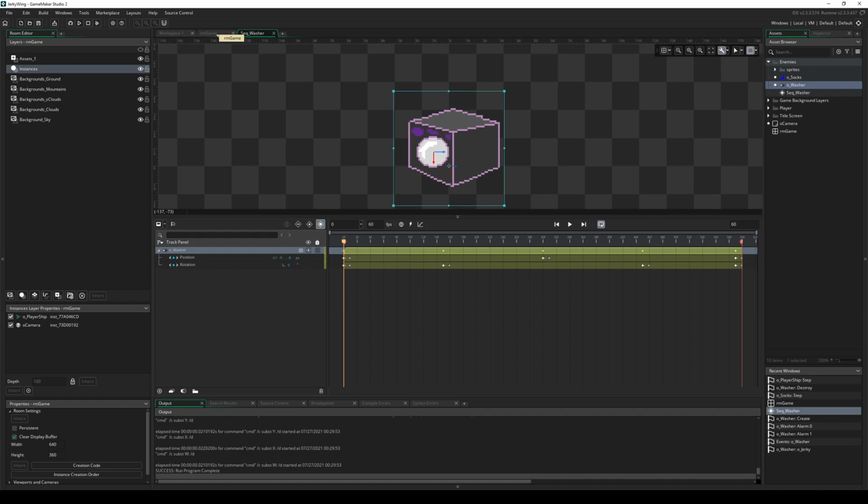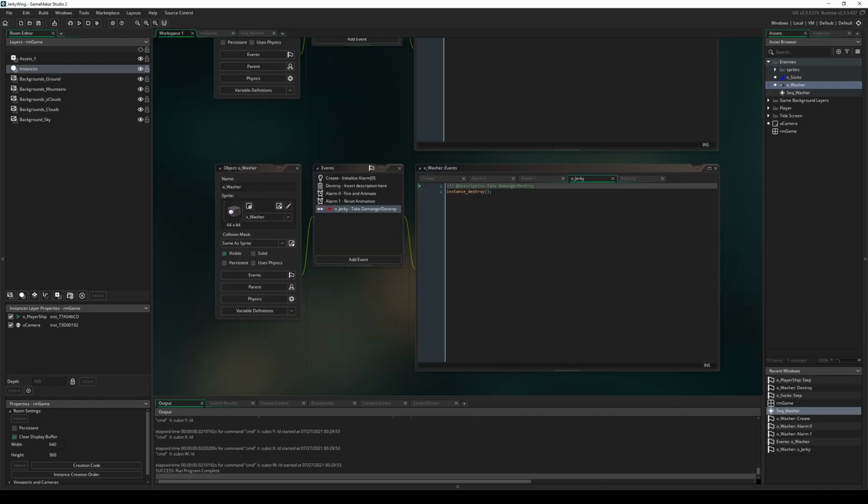If we go to the workspace to take a look at the object, all you really need to know is that this o_jerky is my bullet object. The washer is the enemy object, and when the jerky collides with the washer, this o_washer will destroy itself. But in the destroy event, this is what's kind of important, because here's my sequence up here, sequence washer,